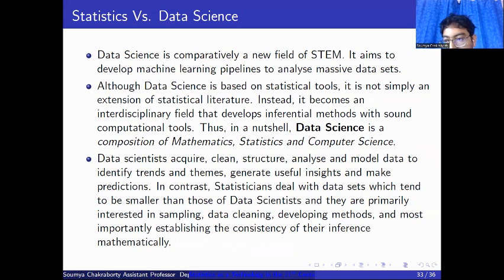It's a very beautiful interdisciplinary field, mainly based on statistics, mathematics, and sound knowledge of computer science or computing. Data scientists acquire, clean, structure, and analyze, and then finally model the data to identify